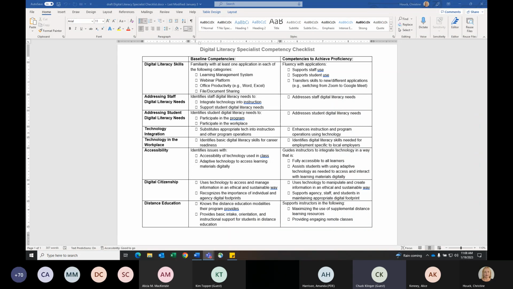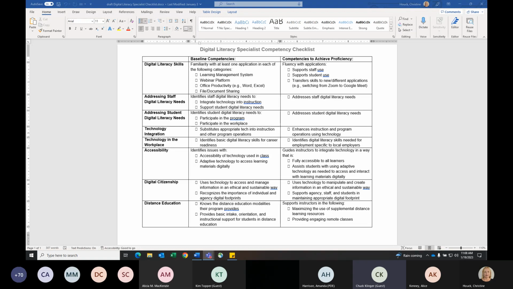The next one is digital citizenship, and thinking about how your agency, how your teachers, how your students manage information. Are they being ethical in how they work with information? Are they able to determine fact from opinion and things like that? And can they support students and teachers in doing those things? And then also, of course, when you think of digital citizenship, how are other people seeing you based on your digital footprint? And are you doing things that are offensive or that might harm a teacher's reputation, your agency's reputation, a student's reputation, things like that.